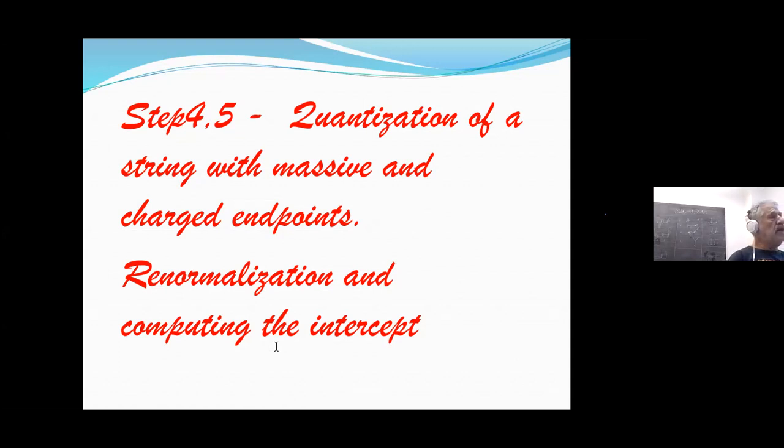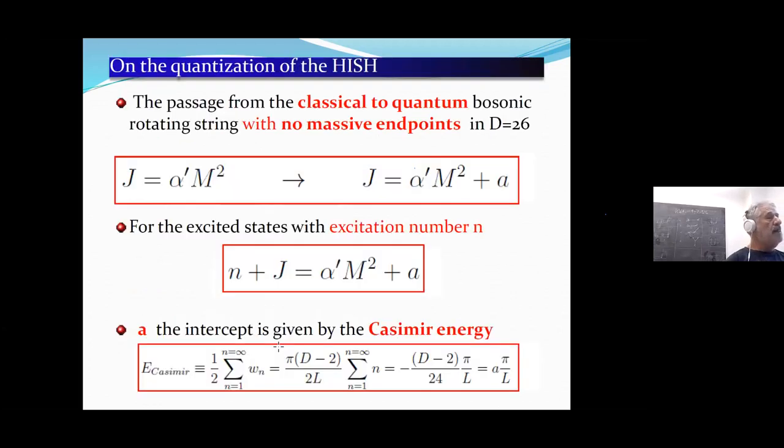So we talk now briefly, very briefly. It would take the whole lecture to explain how we did it, but I'll just mention the final result of the quantization of a string with massive and charged endpoints, and the normalization and the computing of the intercept. So with massless endpoints, the classical trajectory goes into the quantum trajectory by adding